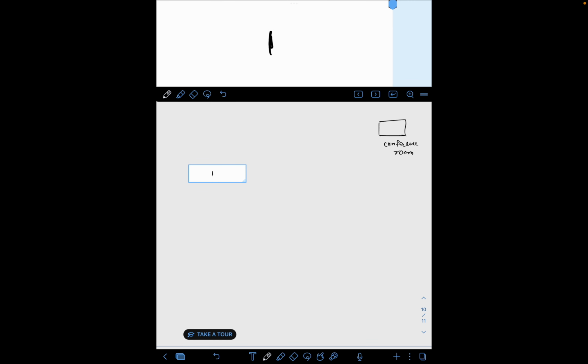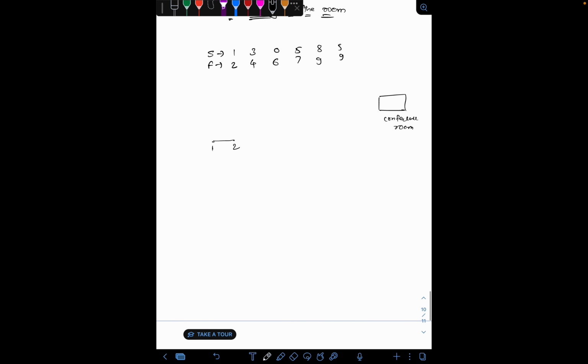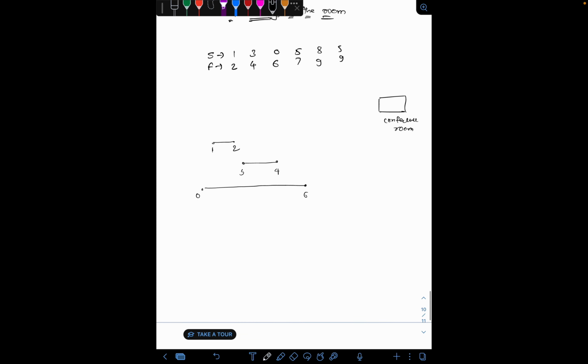Suppose I write this: 1 to 2. One meeting will start at 1 and end at 2. Then another meeting will start at 3 and end at 4. One meeting will start at 0 and end at 6.